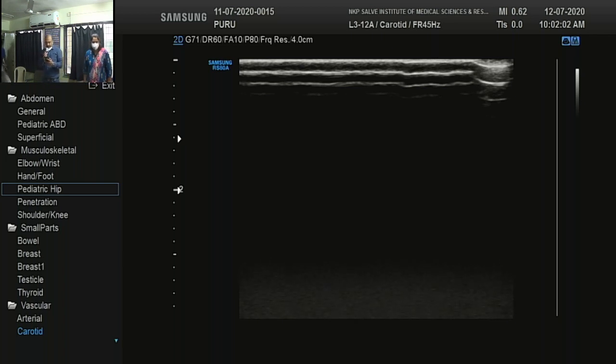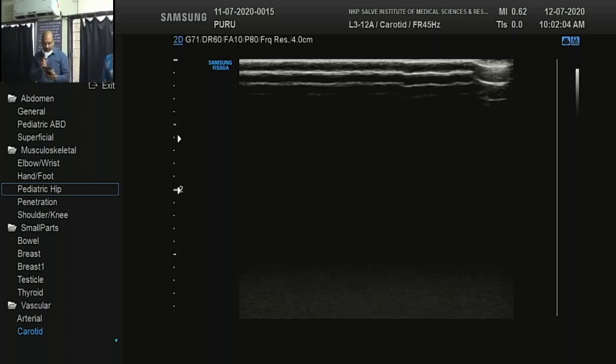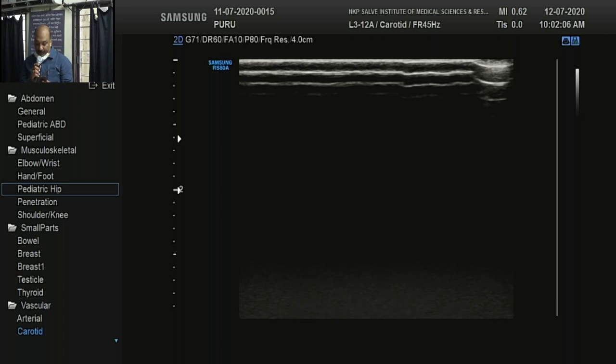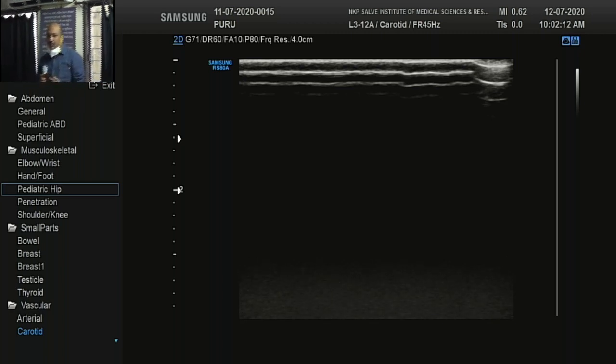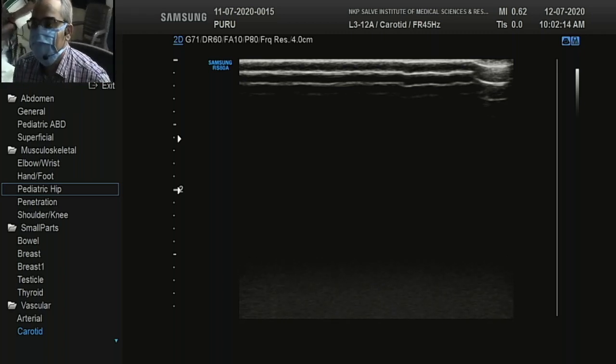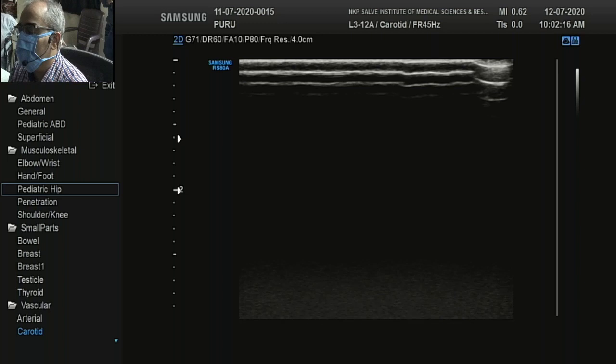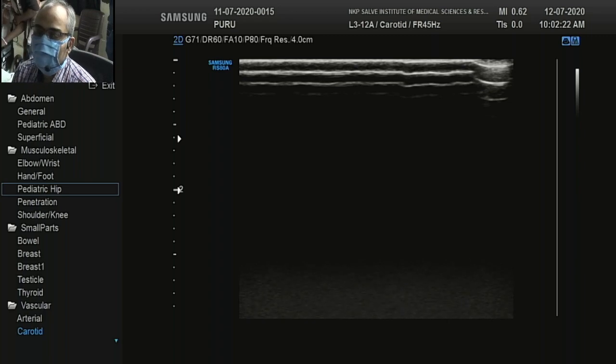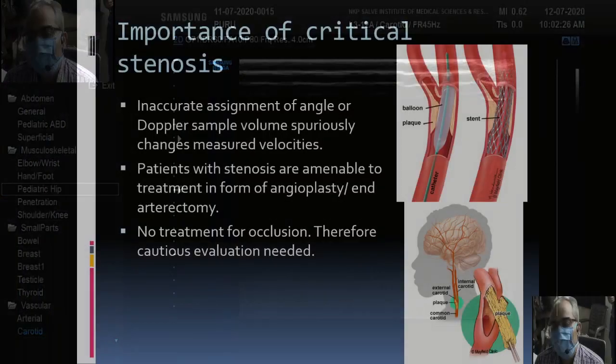So there is a question. What is the reason for multiple notches in carotid spectrum and what is happening downstream to produce this? You get notches in common carotid artery because it is a mixed flow. Part of the flow goes to internal and part of the flow goes to external. And as we have discussed, the external carotid artery has got a high resistance bed. So the resistance of the bed gives that notch.